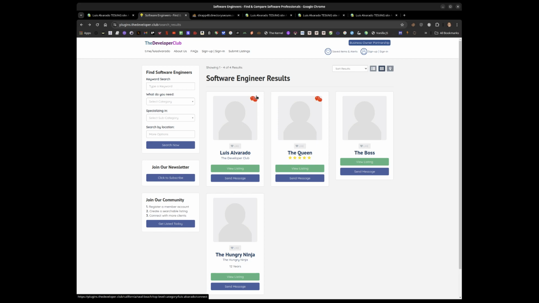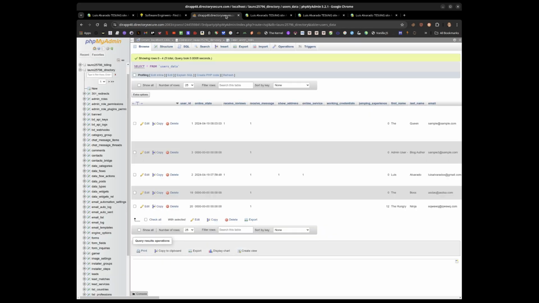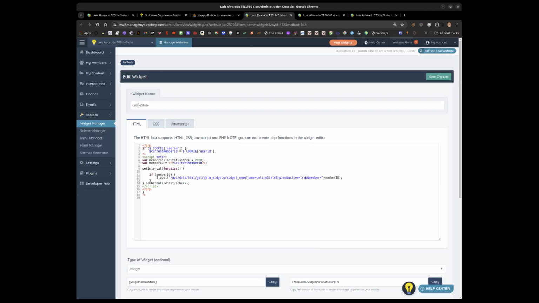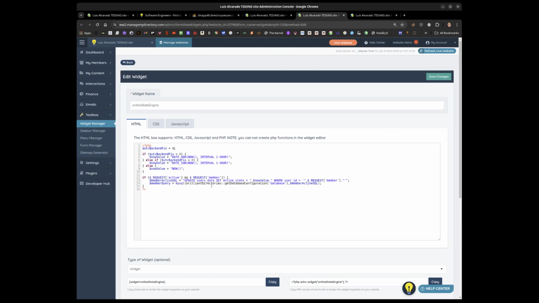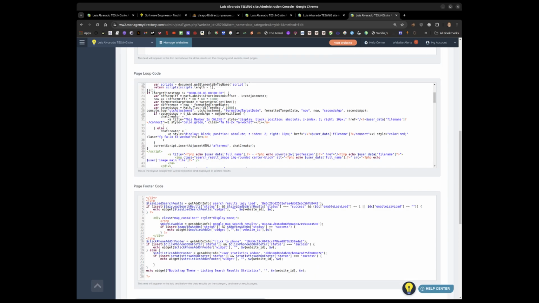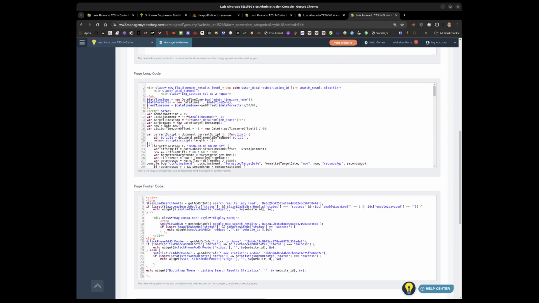to create an online status in real time. Here's the only change at the database level. You need a front end widget. In this case, this is the online state one that sends information to the backend, so it saves the information in the database. It can define if the UTC is properly set or not, or if there's a difference between the backend one and the database one. And then you have this other one that brings that information to the front, compares the UTC from the visitor versus the one in the database,